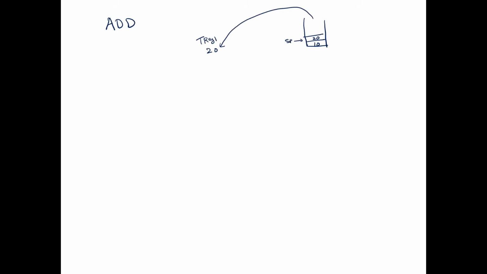And then the SP value will be decremented by 1. And again, it will point here. And the second time, again, you need to pop it. And that will be put into another temporary register. And later, after adding these two, the result will become 30. And where the 30 needs to be stored, there is no destination operand we have mentioned. Again, this is pop 1, this is pop 2, and this becomes what? This will go off, right?